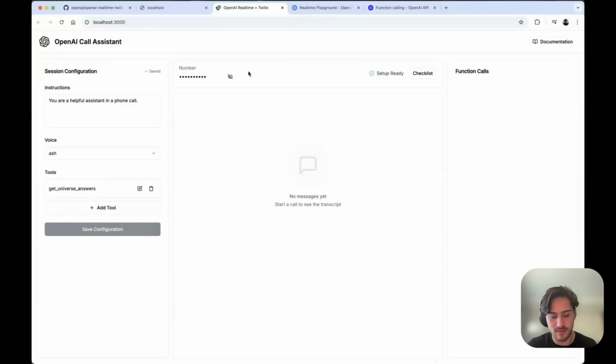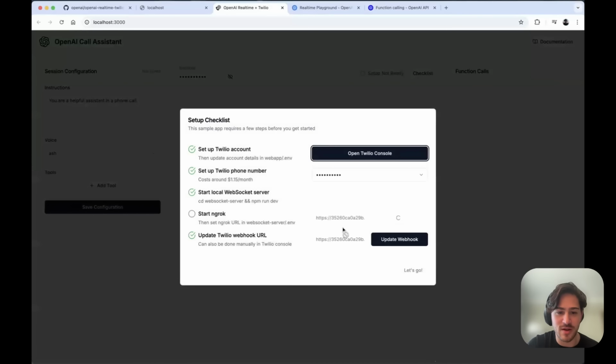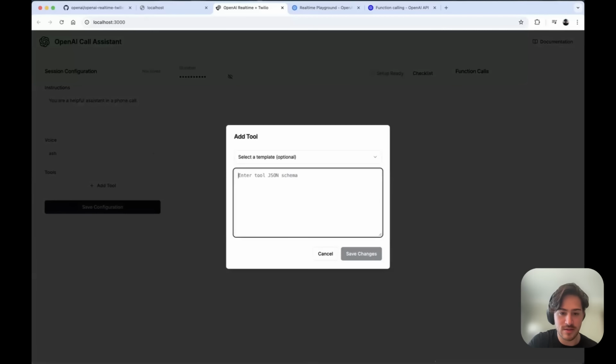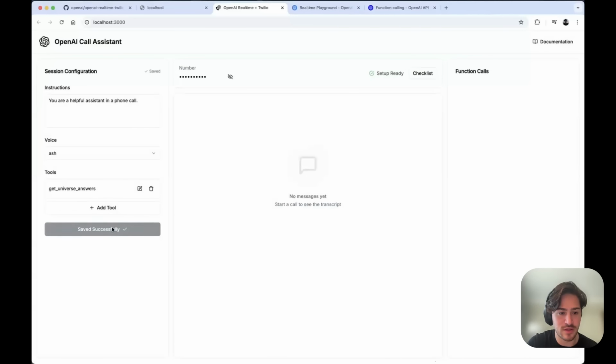So let's see. Hello? Hello? Okay, this is why I love demos. Let me try once more. Okay, let's go tool, paste this, save changes, save config.